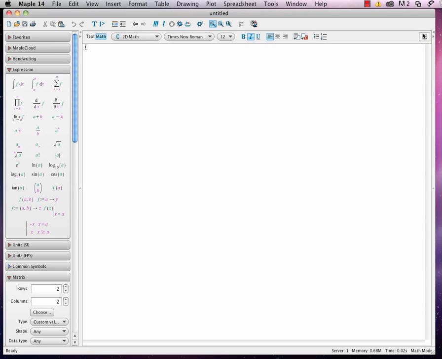You'll also notice a little box over here to the right. This is used to toggle back and forth between text and math as well. If you are in a drawing or plot, you can also select drawing, and that'll give you some drawing tools. So what we're going to do right now is look at problem number 39 on page 298 in your text. So I'm going to type in, clicking on text,